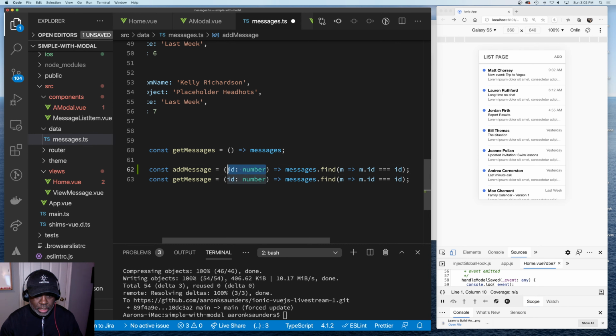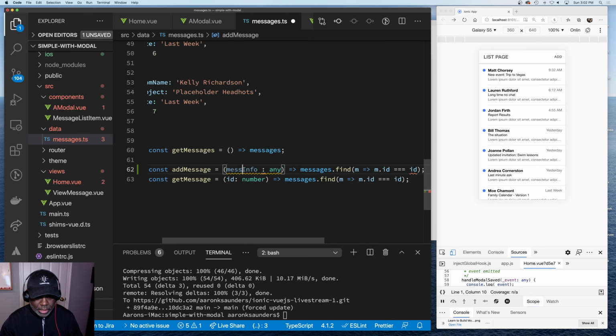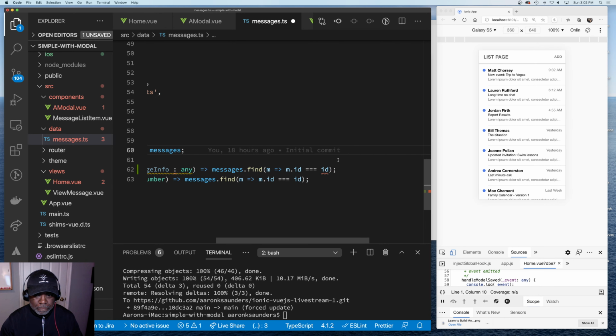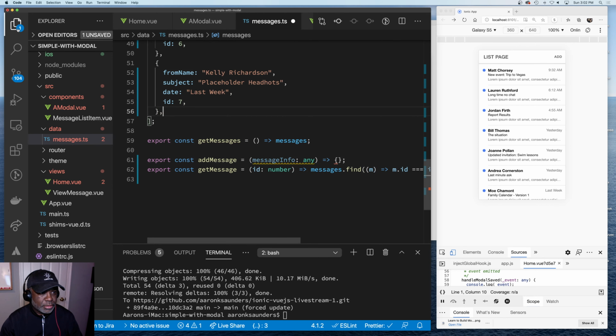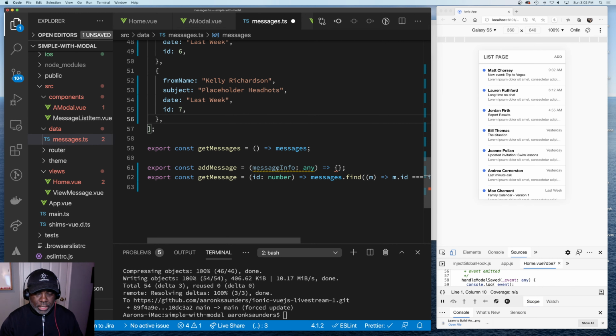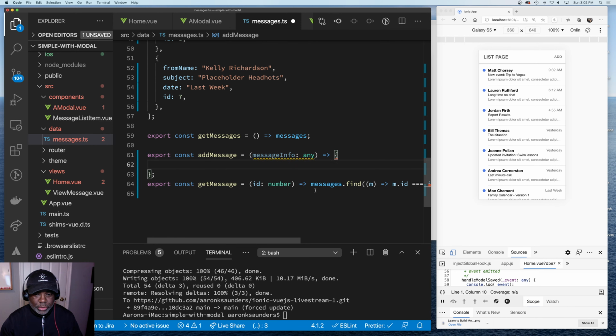And we're just going to call it message info. We're just going to say any, because we're not going to get into the middle of TypeScript right now. Since we're going to write a real function, let's format this so everything looks better. Okay, so message info is going to get passed in. Because it's just working with an array, we can just take our array and say messages